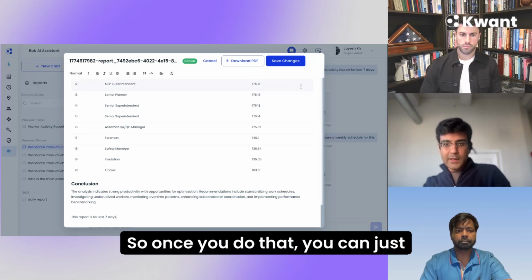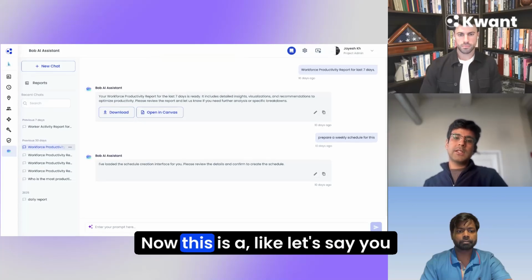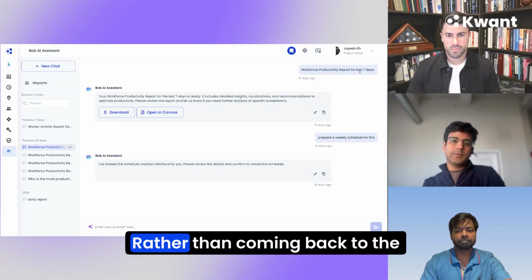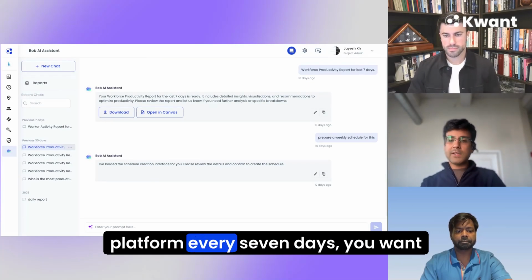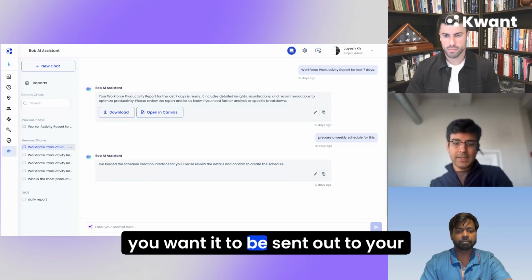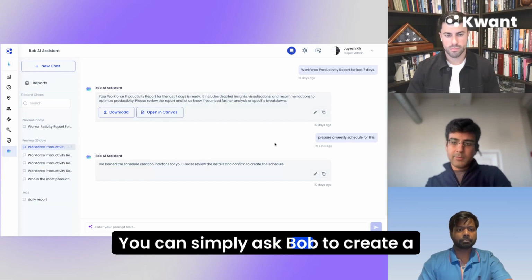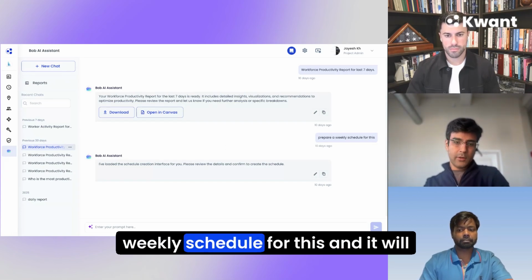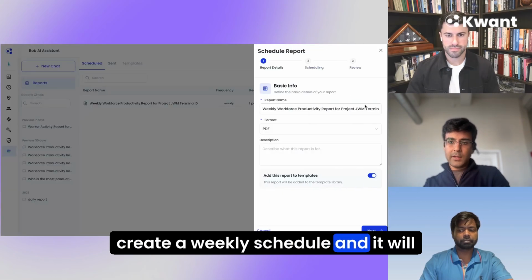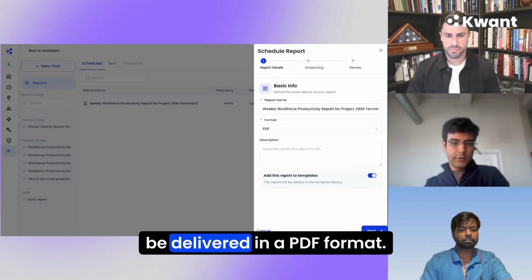Once you do that, you can simply click on save changes, whatever changes you want to make. Now, let's say you ask for a workforce productivity report for the last 7 days. Rather than coming back to the platform every 7 days, you want it to be recurring. You want it to be sent out to your C-suite, to your superintendents, and so on. You can simply ask Bob to create a weekly schedule for this, and it will create a weekly schedule. It will show you that, okay, this is a weekly schedule, and how you want the report to be delivered, in a PDF